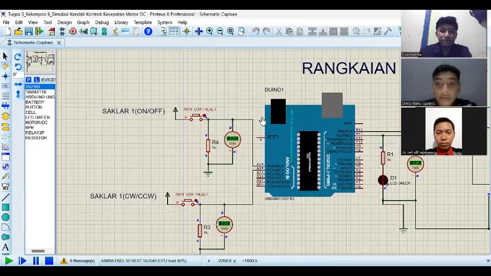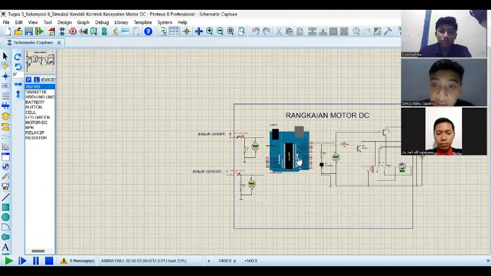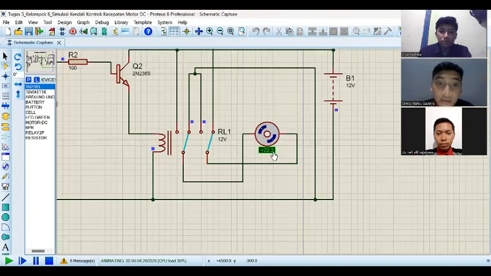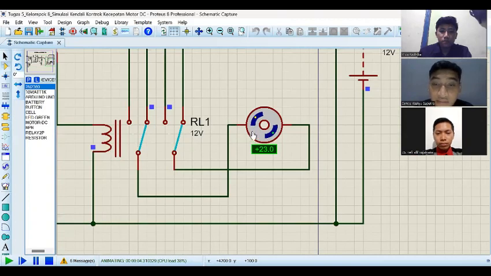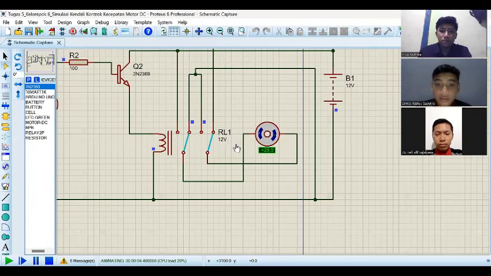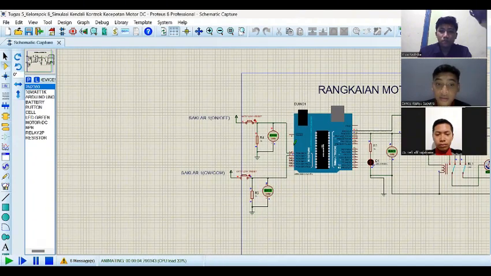If PB1 is pressed and PB2 is not pressed, then the switch is open and the motor rotates CCW.